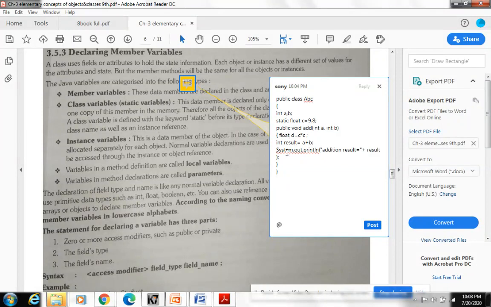Okay. Now the other thing is, look at this book, local variables and parameters. These things are left. Look here. Inside the method body, I have declared D and result. I have not declared float D and result here inside the curly brackets of the class.